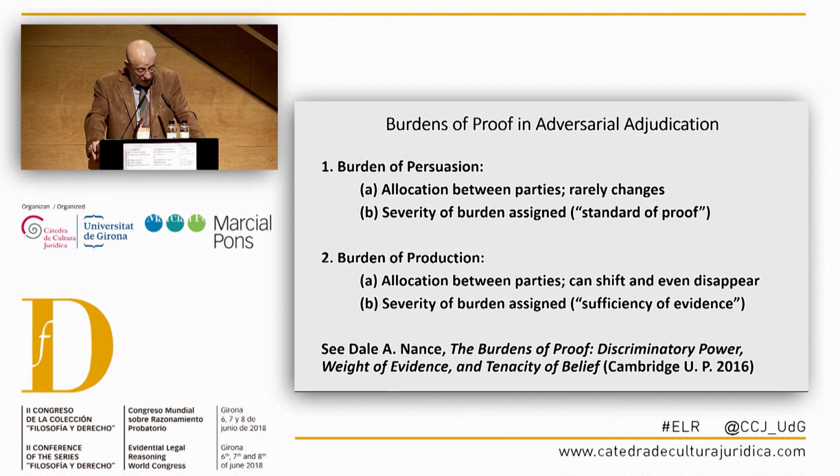So, there are a number of important complexities and counterarguments that would have to be considered, such as if you have a different rule for the burden of persuasion and a different rule for the burden of production, then you have to make difficult choices sometimes about whether a particular rule is a burden of persuasion rule or a burden of production rule, and that can get tricky at times.